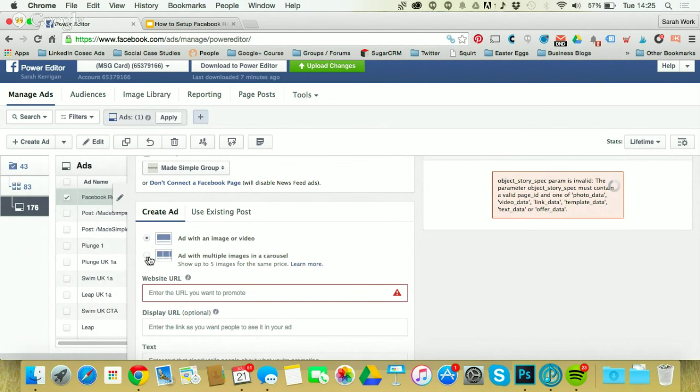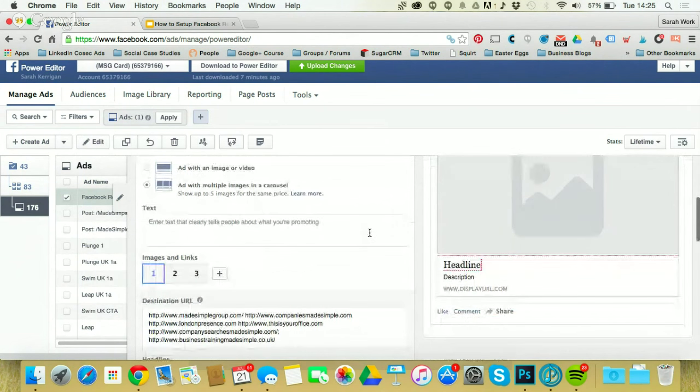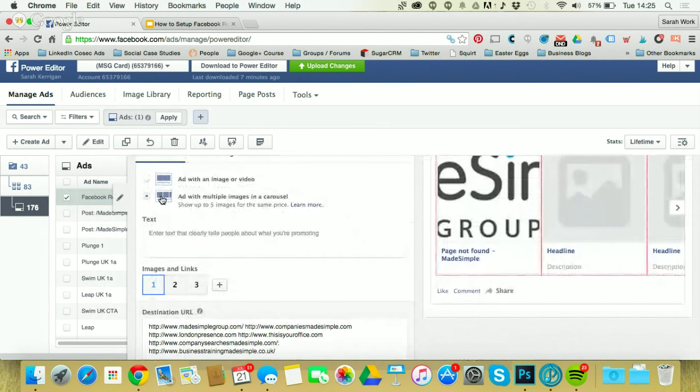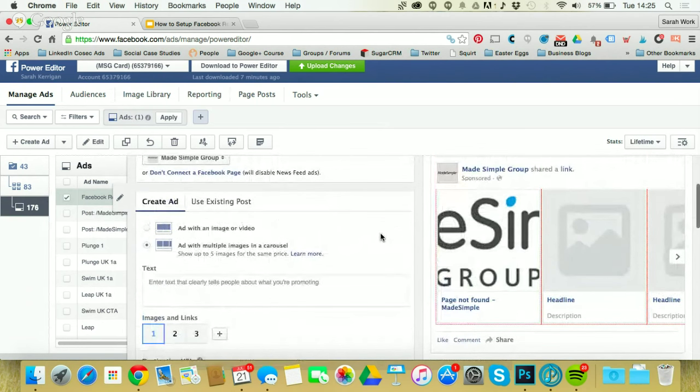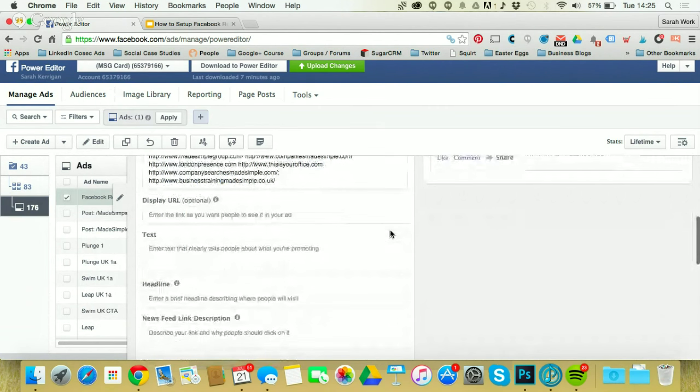So here we're going to create a new ad, and then you can do here an ad with an image or video, or you can actually now do carousel ads with multiple images in. So it's good to experiment. Not many brands are using carousel ads as yet, so you've got to get creative and use multiple images in those ads. It's definitely worth testing because they're getting quite a high click-through rate. Facebook's optimizing them quite well. So if we just go back to the standard ad for now,